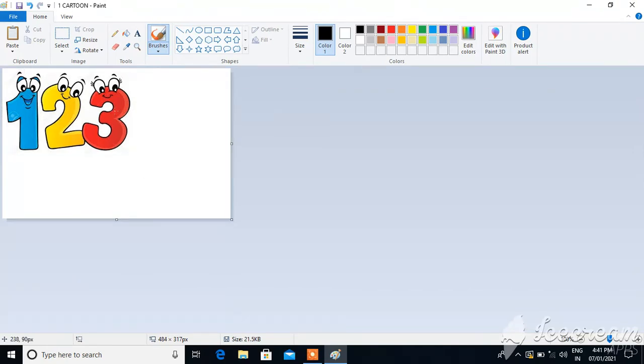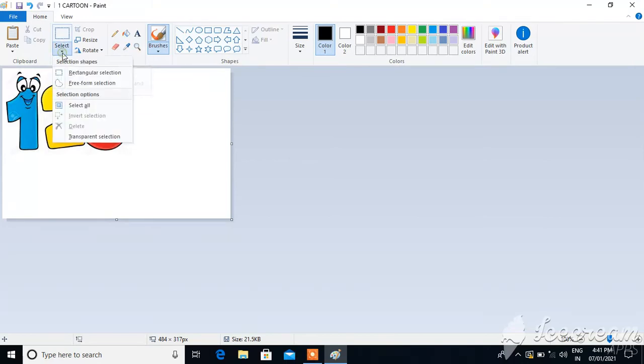Now first of all we will see how to select the image. See, this is an image, 1 2 3. Okay, the cartoon of 1 2 3, it is an image. So how to select the image? Have you seen one rectangle here? Okay, see, a small triangle is here. Click on that. Click on rectangular selection.